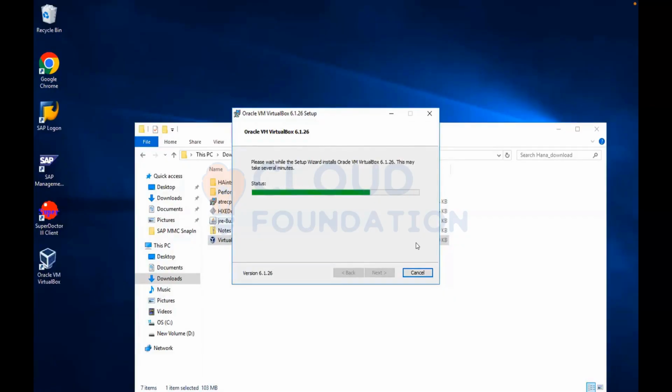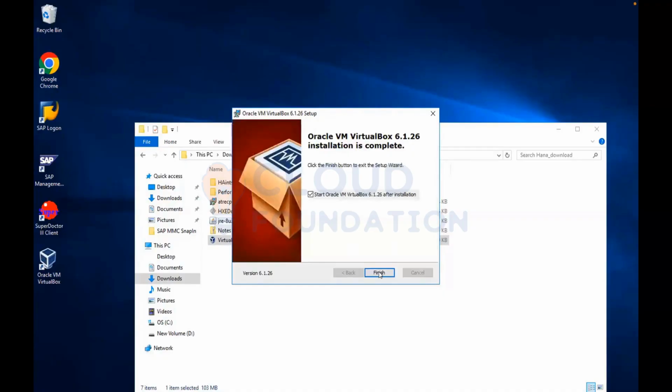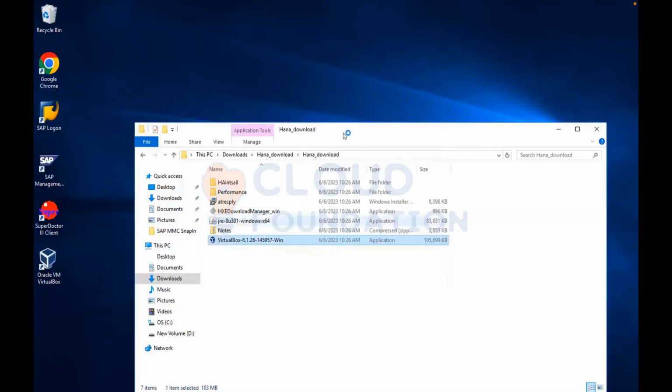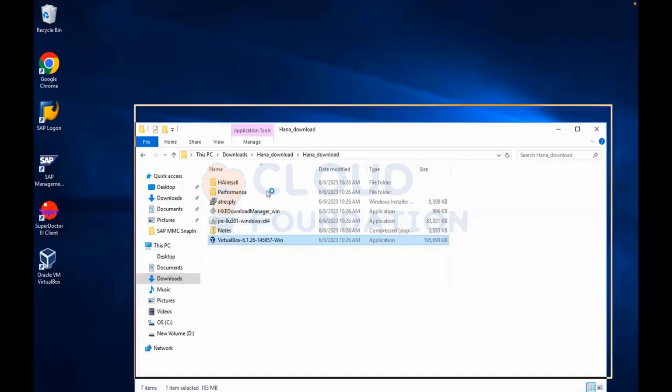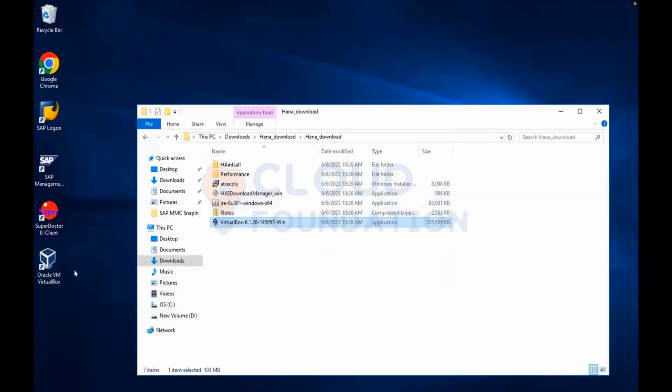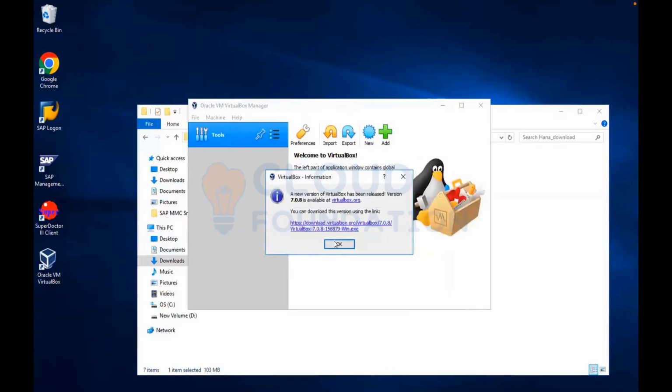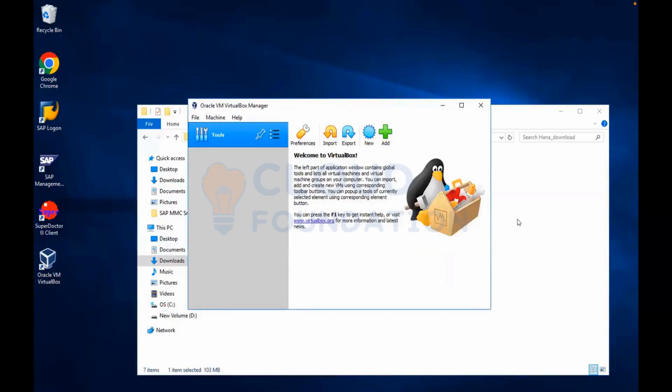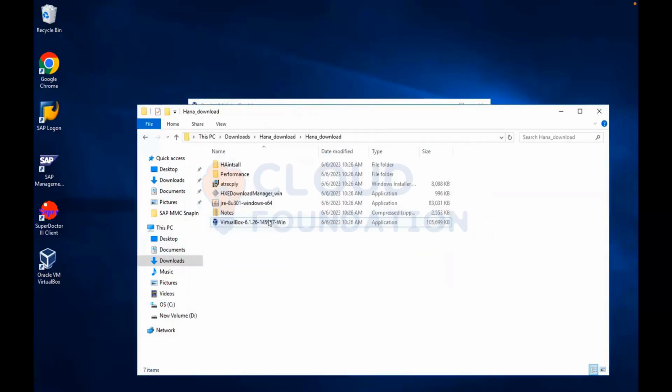I will be using SUSE Linux or Red Hat Linux. After that I have to download the HANA virtual machine also. Oracle VirtualBox got installed, but I require HANA.